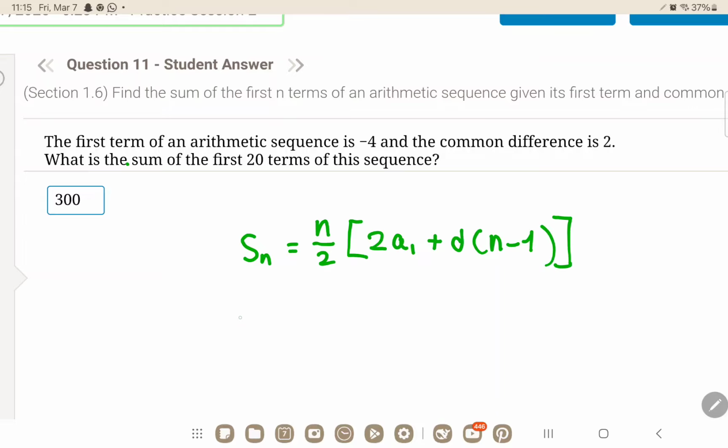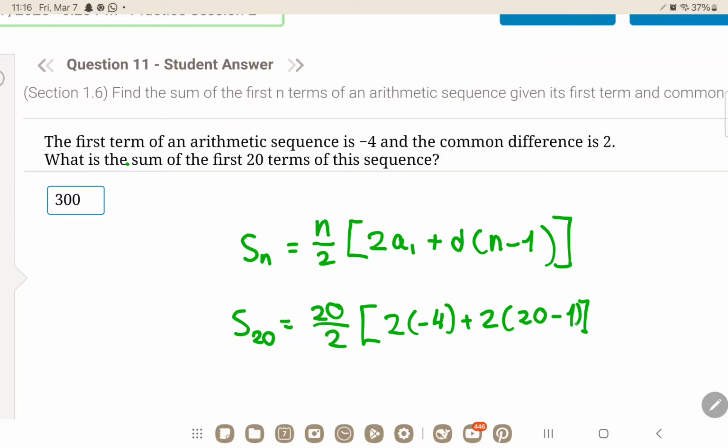So S of 20 would be 20 over 2 into 2 times the first digit, so negative 4, plus 2 into 20 minus 1,